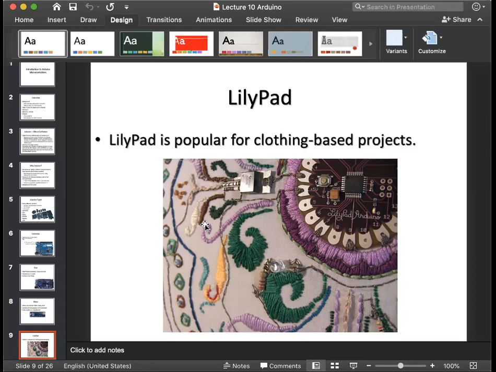Okay, so in clothing design, most of the embroidery nowadays is done by machine. Inside the machine there is actually a Lilypad Arduino. The Lilypad Arduino takes the design, the material color, everything as an input, and when it gets the instruction, it will do the same design on that particular fabric. Okay, so this is Lilypad actually.